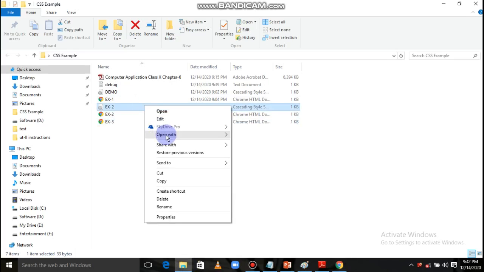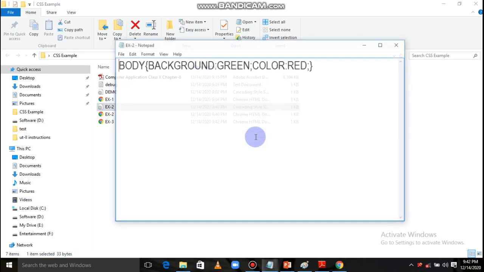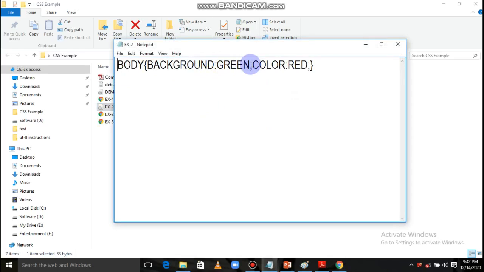Just see, inside that particular CSS we mentioned background color green and font color red. Now if you make any changes here, it will directly reflect. Suppose here you mention yellow and check whether it is working or not. Save it, go and run. Now you see it is working. Like this you can define external CSS also.